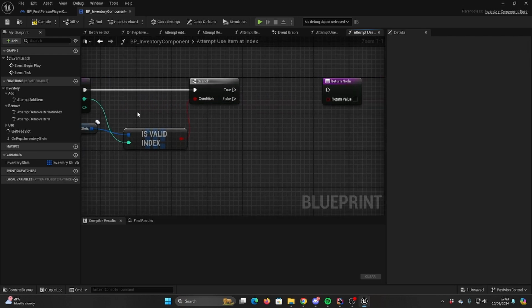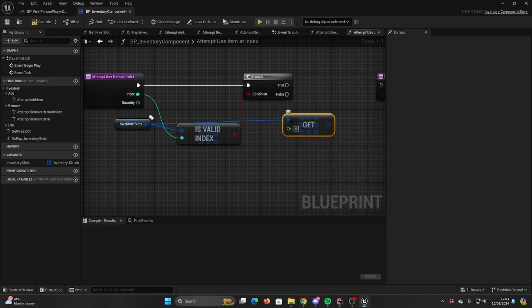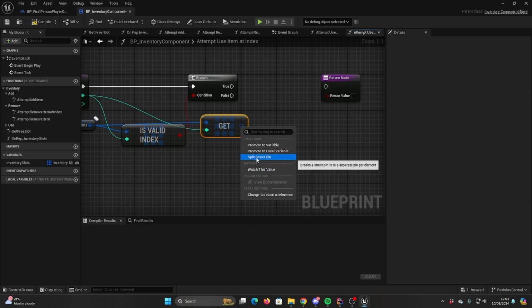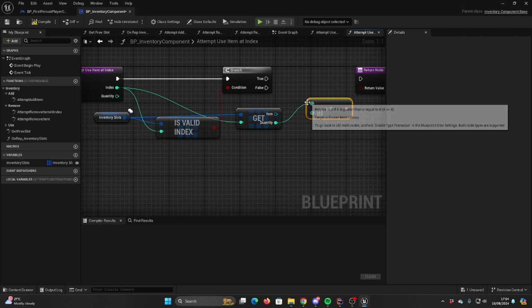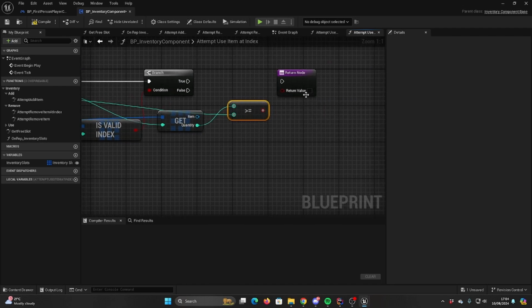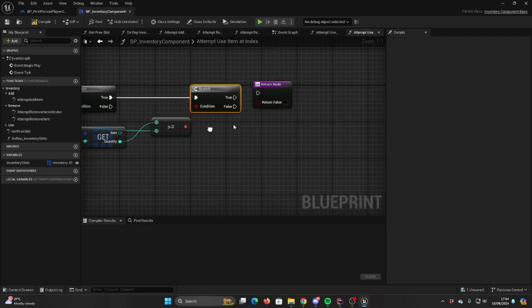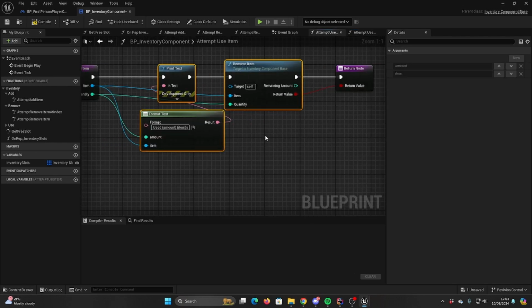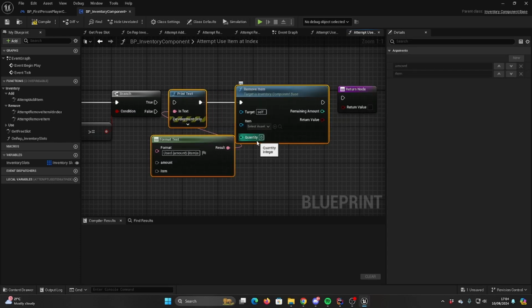And then get a copy at that index, and we need to split the struct, check if the quantity at that struct is greater than or equal to the quantity that we're passing in, and if that's true, then we call this. We could actually just call attempt to use item,